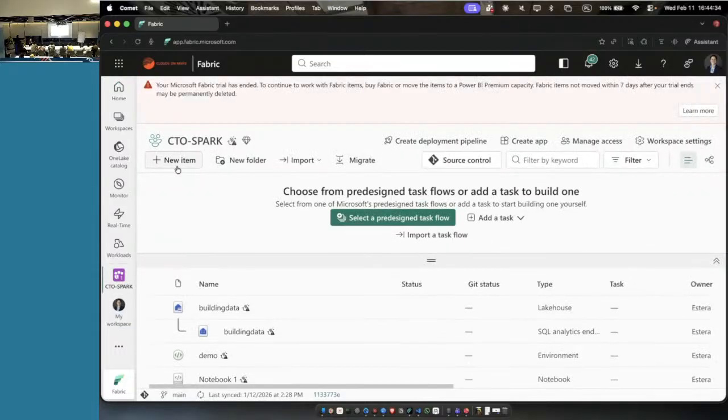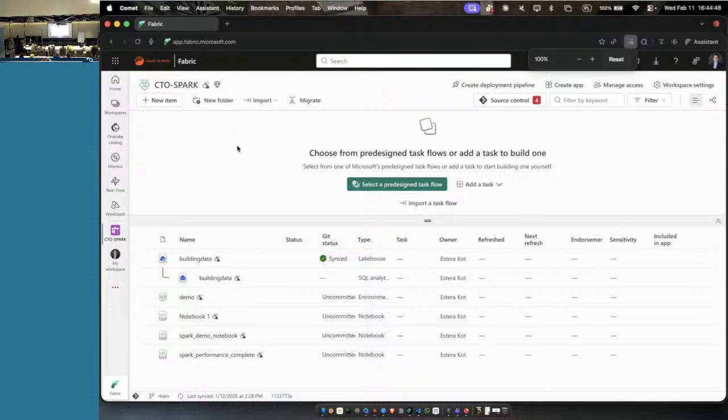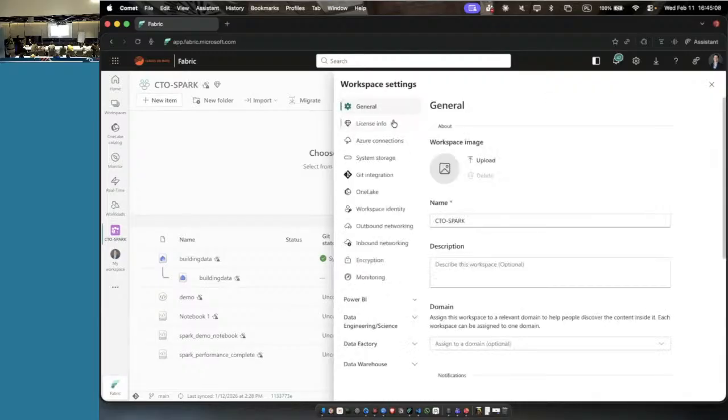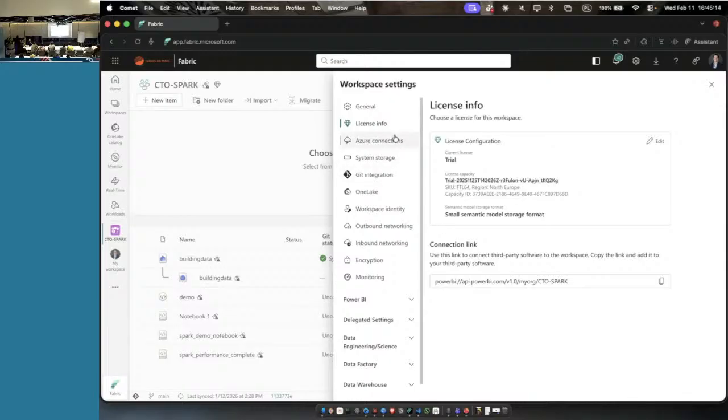A workspace is a very similar concept that is coming from Power BI. So a place where I can manage all of my artifacts. It also sets the clear granularity. I can use the workspace as a single person, I can have a personal workspace, but I can also share this workspace with Fatima, and together we will develop a specific solution. In the workspace settings, I can configure the license, so the ability to use Fabric. I can configure the specific connections and so on.